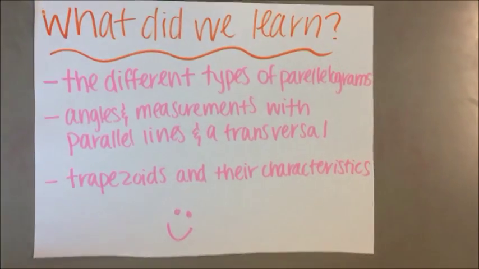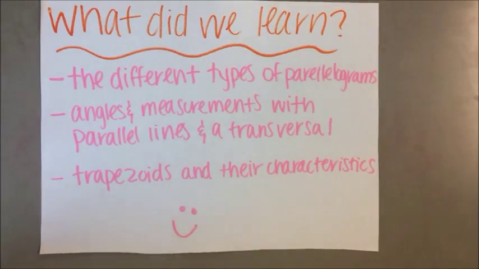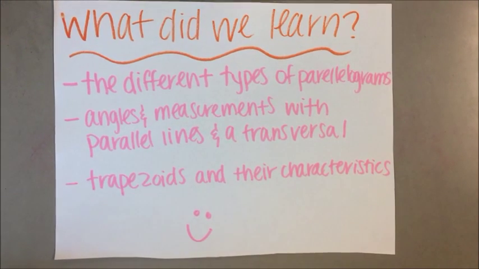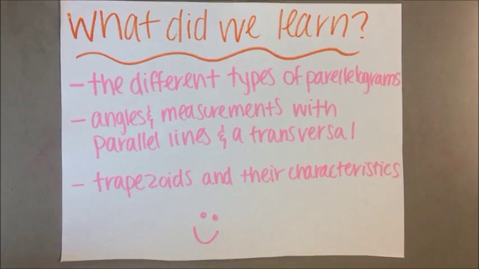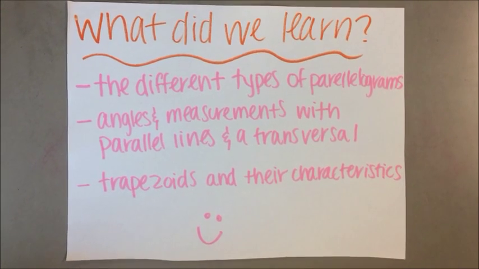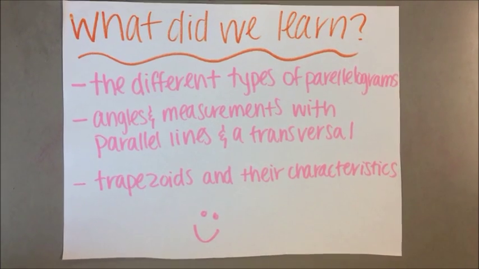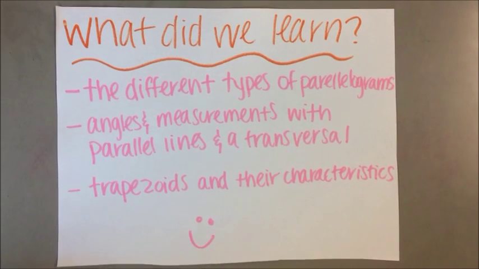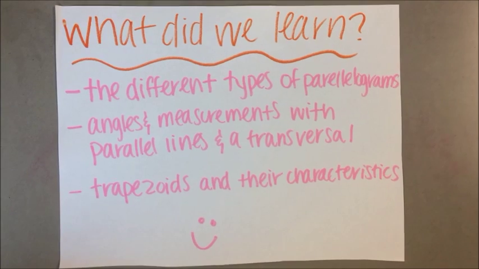What did we learn? Overall, we learned the different types of parallelograms, such as a rhombus, a square, a rectangle, and then just a normal parallelogram. We also learned angles and their measurements with parallel lines and a transversal, such as alternate interior angles, corresponding angles, and vertical angles. Also, we learned trapezoids and their characteristics,